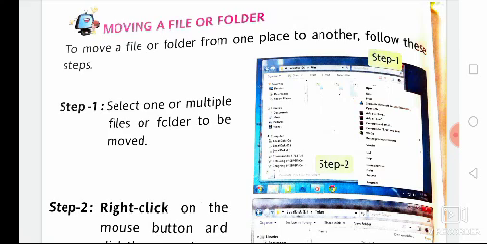Then next heading, moving a file or folder. To move a file or folder from one place to another, we can follow these steps. Step 1, select one or multiple files or folders to be moved.